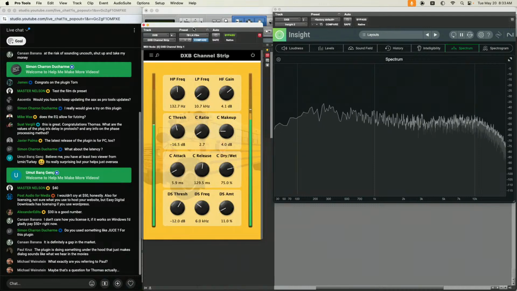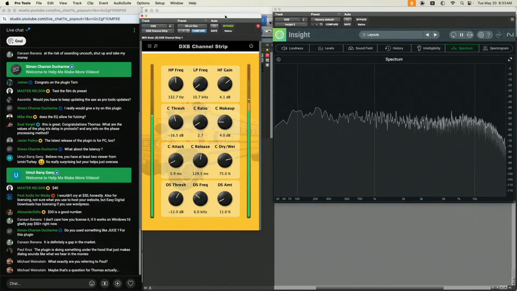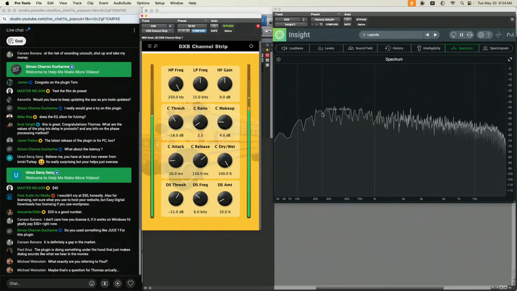And let's open her up and start messing with things. So we'll just start with the factory default. Factory default frequency response is pretty flat. As you raise the high pass frequency, you can see the slope is so gentle. It's at 250 right now. So at 250, it's reducing a tiny bit, but it's not,